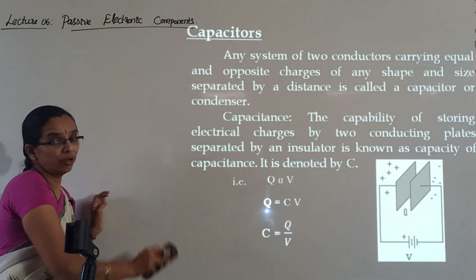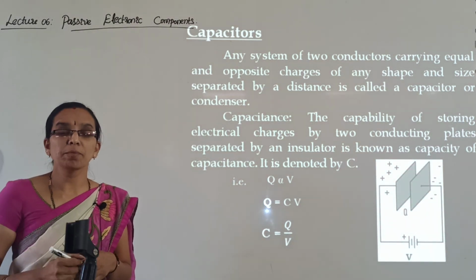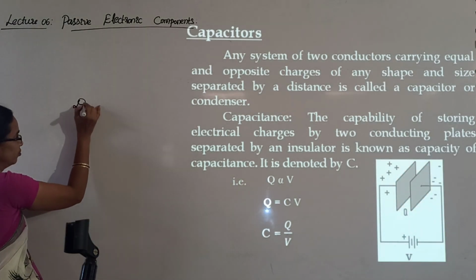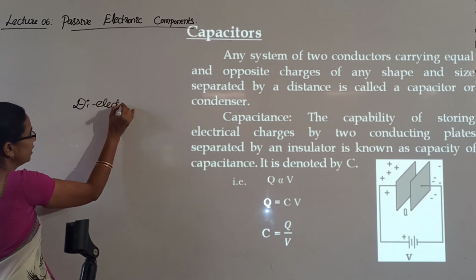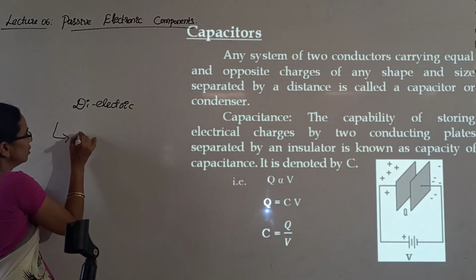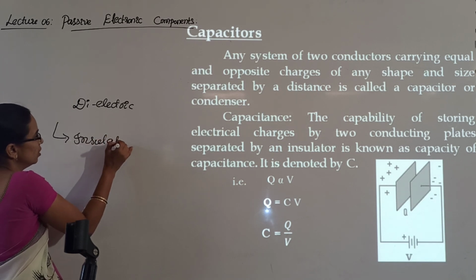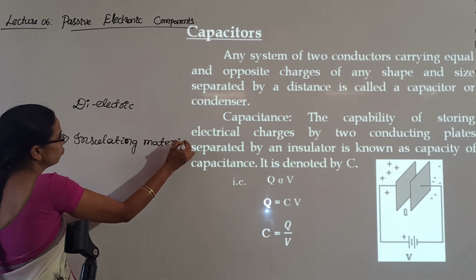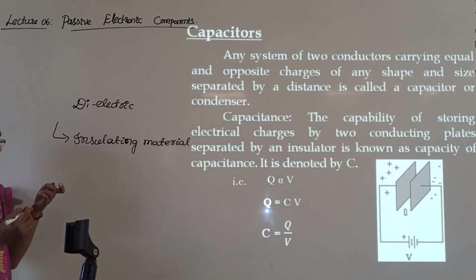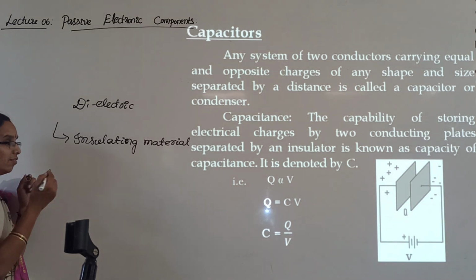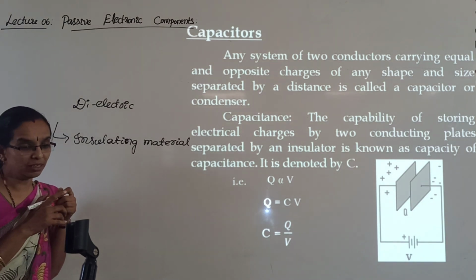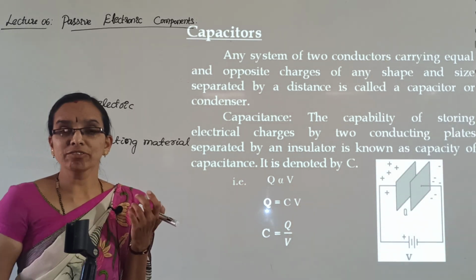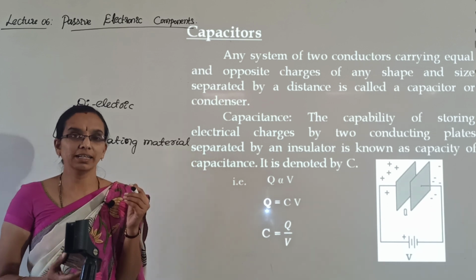Capacitors are made up of two parallel conducting plates separated by an insulating material, that is called the dielectric. Dielectric is nothing but an insulator or insulating material which will not allow current to flow through it, that you know already. Why is it called dielectric? In the sense, it has polar molecules which will be polarized when an electric field is applied. So it is called dielectric.